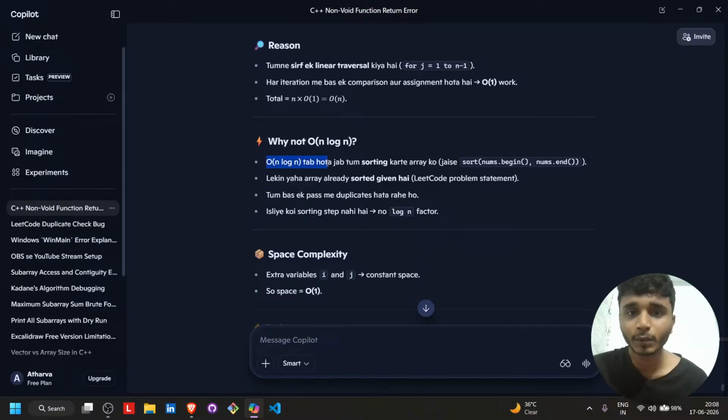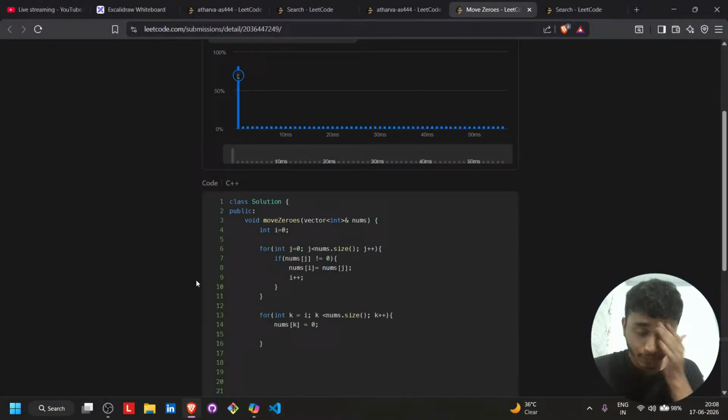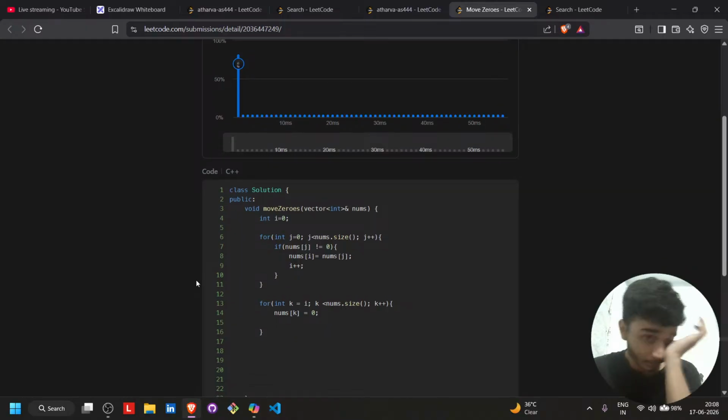It becomes big O of n log n when we do sorting, but we haven't used sorting here. We only used variables and two for loops,